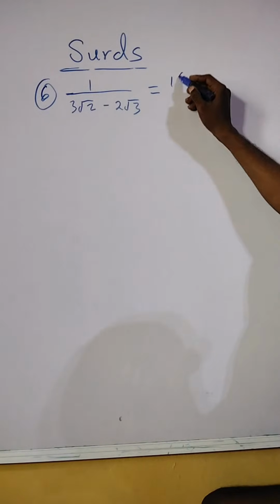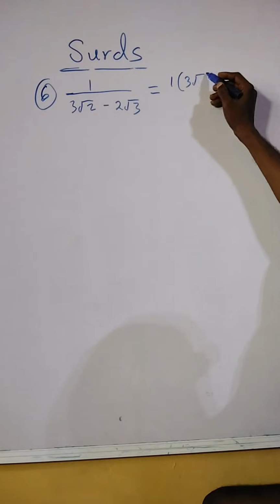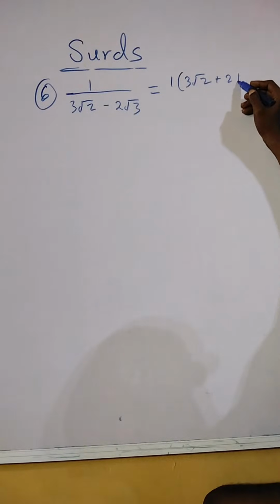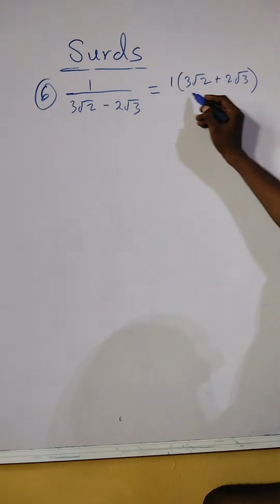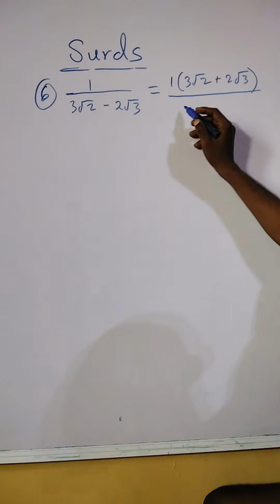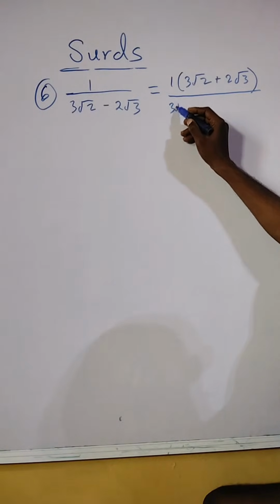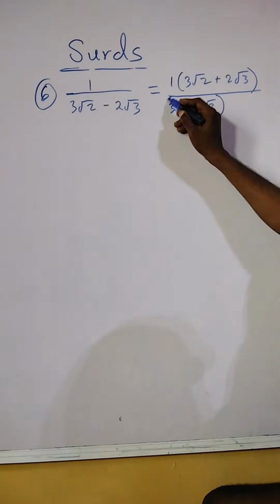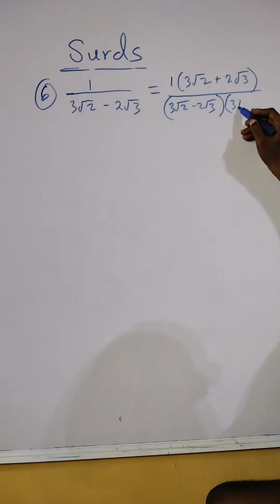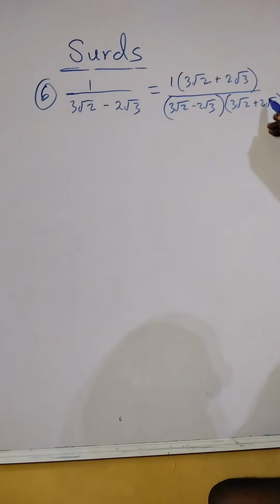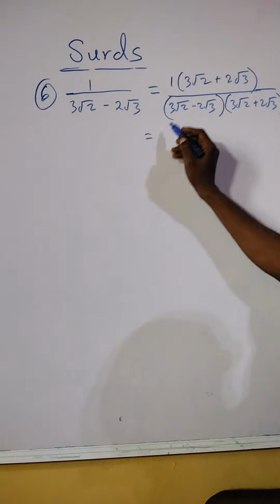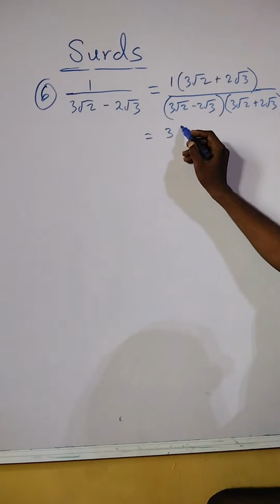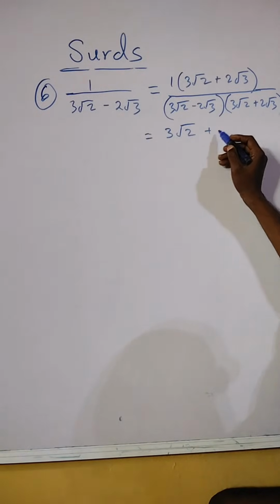the denominator, here we have 1 times 3 root 2 plus 2 root 3, and divided by, also multiplying this by the conjugate, that is, we have 3 root 2 minus 2 root 3, multiplying by 3 root 2 plus 2 root 3. Then, when we solve this further, 1 times this is the same thing as 3 root 2 plus 2 root 3